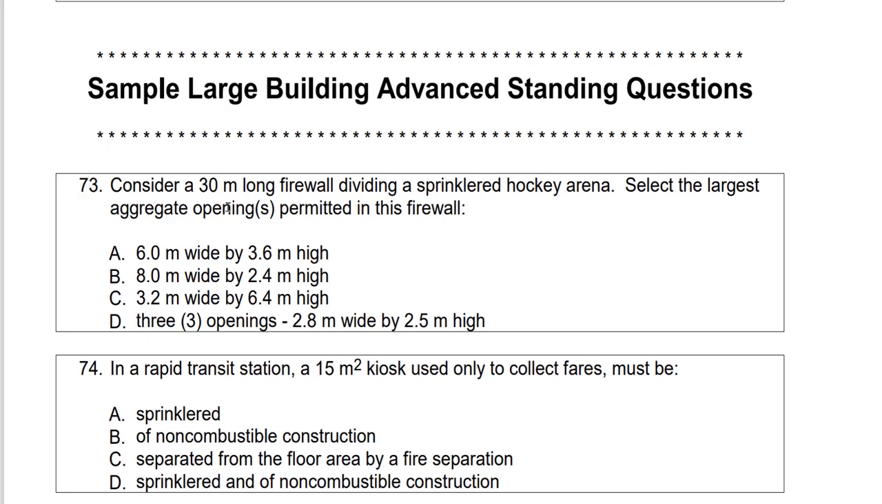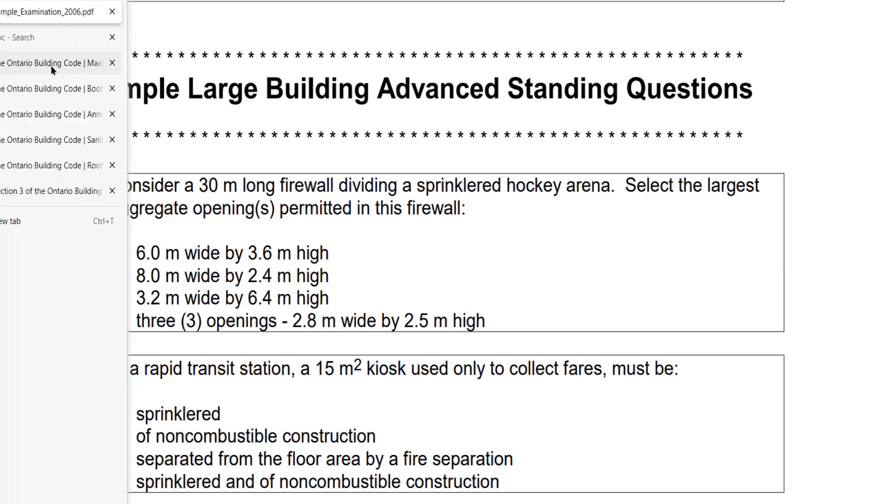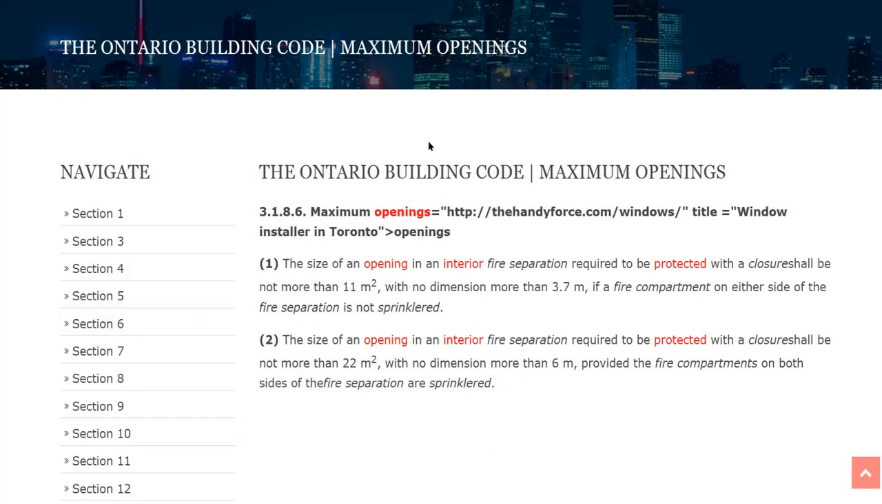Consider a 30-meter long firewall. Keyword is firewall. Dividing a sprinklered hockey arena. Second keyword is sprinklered. Now select the largest aggregated opening permitted in the firewall. In the Ontario Building Code, you can look at the table of contents, see where it says firewall, and then go into that section and look for the answer. The answer for that question is in